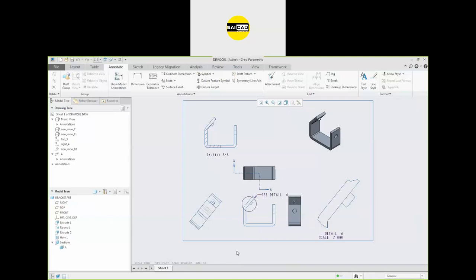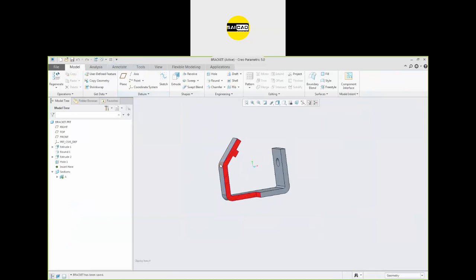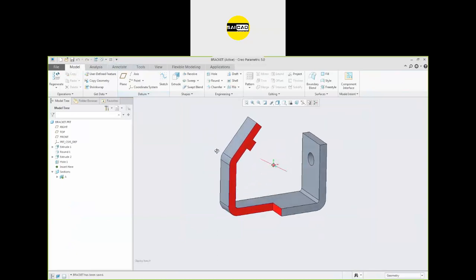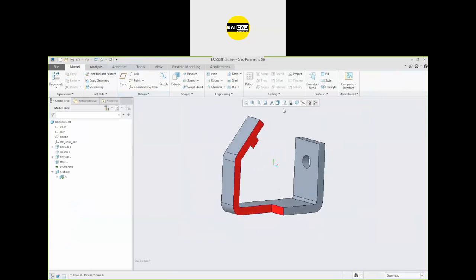We are going to cover the title block also. First of all, just how to create a custom view if you want to insert a view according to your need. So first of all, go to the part. Everything will be related to this part here. Okay, so I want a custom view. To do that, you have the view manager here.